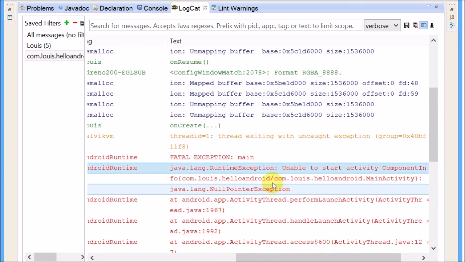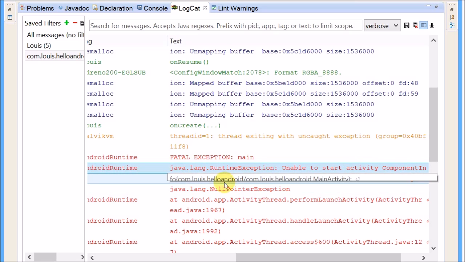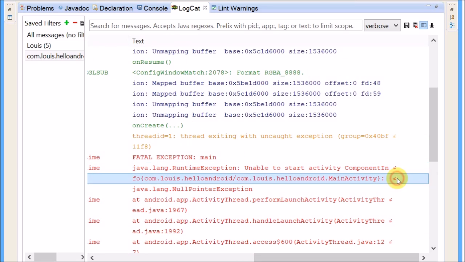It says cannot start activity because of this. Okay, unable to start activity for Lewis. That's my package name. Whoa, this is bad. Eclipse is filled with stuff. Oh, okay. So this way. See, I put my mouse here, it covers it. Now I can put my mouse over. Okay, unable to start activity. This is the activity that's unable to start. That's my package name. And the reason is this